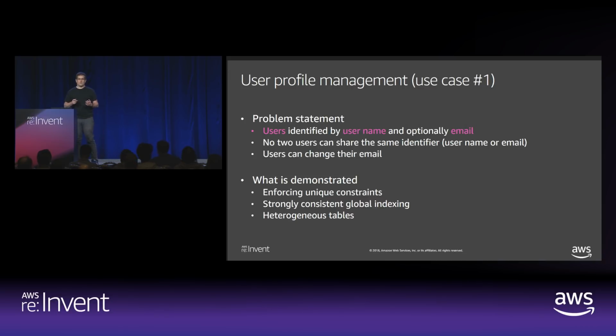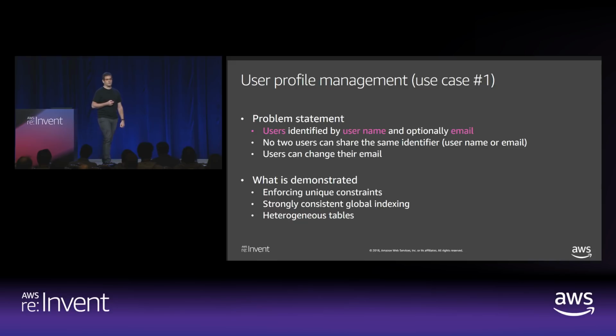And that email can also be used to identify the user. So you want to be able to say, hey, tell me either your username or your email, and I will identify you with either one. And then we also add the scenario that we want to allow users to change their email if they choose to do so. So what we're going to be demonstrating is that with transactions, you can now effectively enforce uniqueness